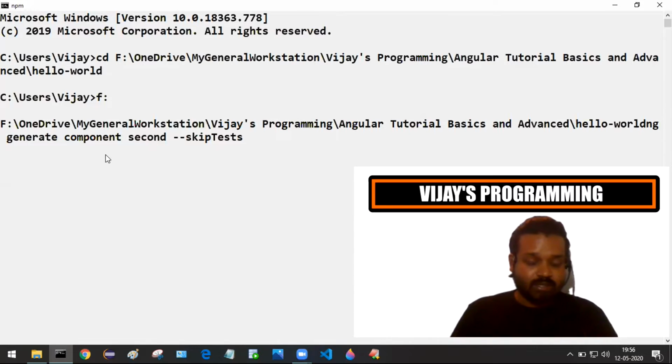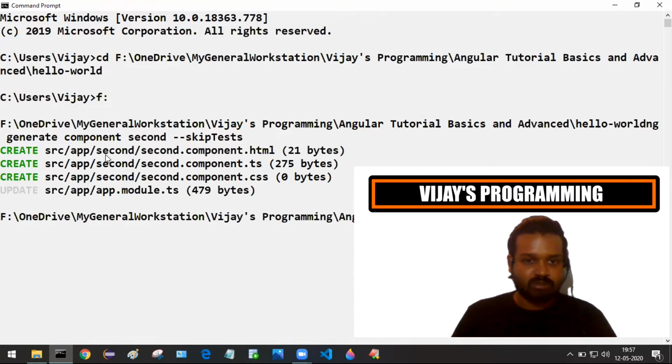You can see the result right away in the command prompt itself, what files have been created and which file has been updated. It will take a few seconds to create our component with the option we have specified.